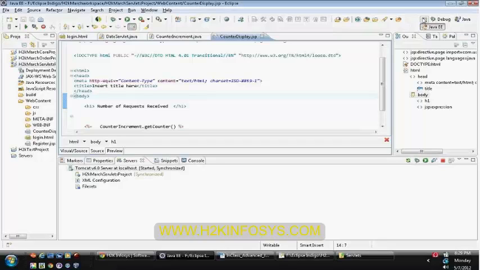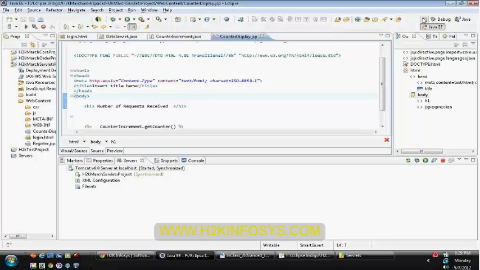Your doFilter accepts 3 arguments: the first is the request argument, then the response argument, and the next one is the filter chain argument. We'll discuss the filter chain in a minute.